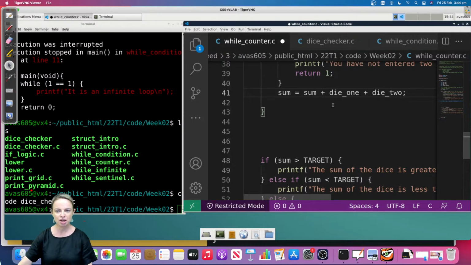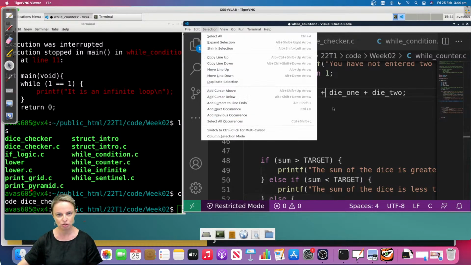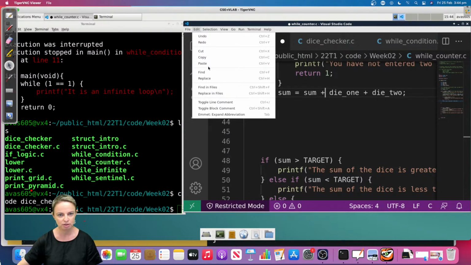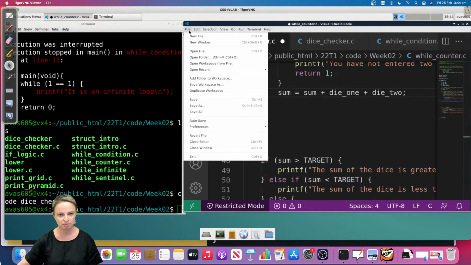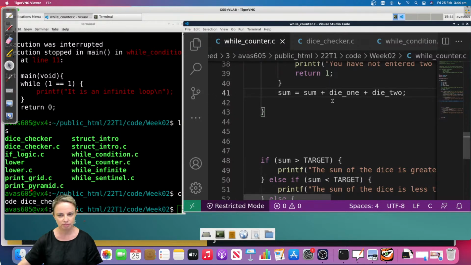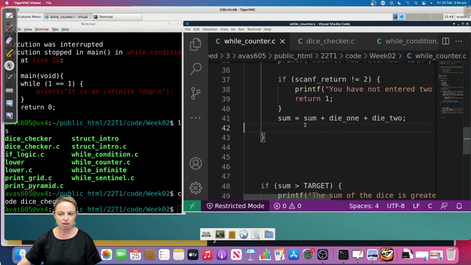Jack, I used Dice Checker from last week. Let me save this and then you can access it on our website. Okay, saved. Okay, so now what I'm doing is I'm taking the sum, I'm adding the old sum from before,